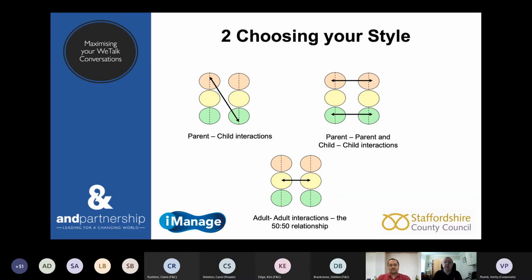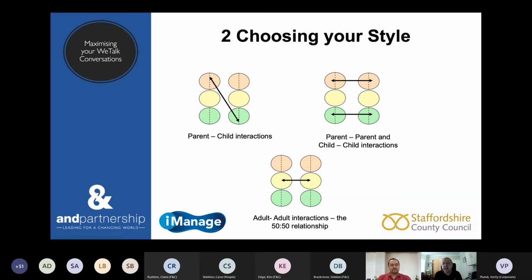So again, have a think about which style you deploy. Which style do you have deployed on you, maybe by your leader, and are you copying your leader, or have you got a style which is different to your leader? If you're not sure which style you use, maybe think about talking to your team about this. How do we get to be adult? When do they feel in child mode? When do they feel that sort of being either protected or being criticized? It's a real prompt to think about getting yourself into adult rather than parent child mode.